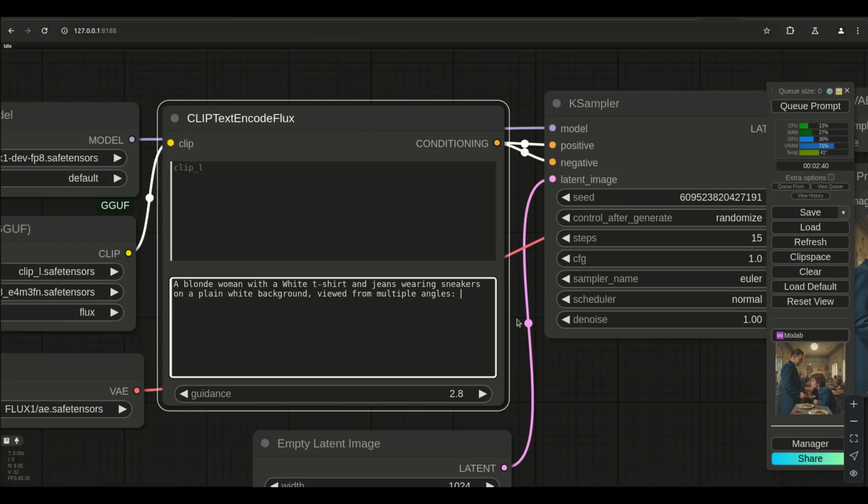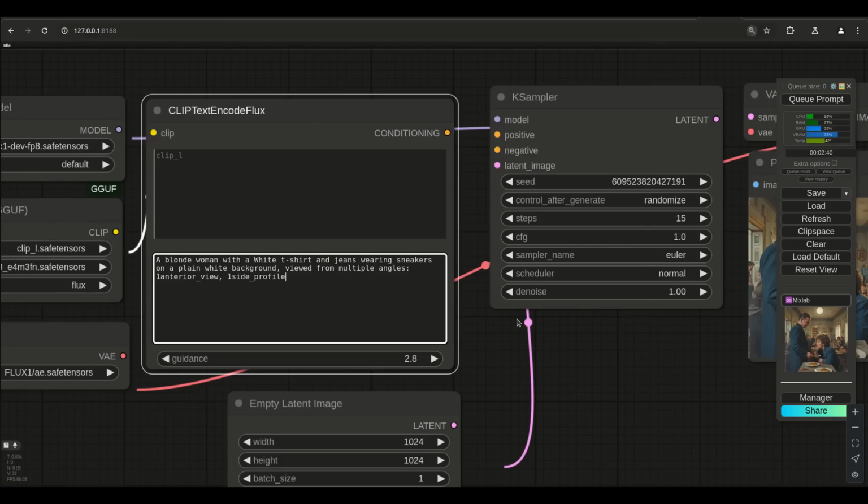So we're looking for 3 poses, and there's so many ways you can say this, but I try to use very specific words, like anterior view. Sometimes I do this where I just use underscores and the one, because I believe it still works for Flux just as it works for Stable Diffusion, but it keeps it as, you know, the one word: one anterior view, one side profile view, and then one